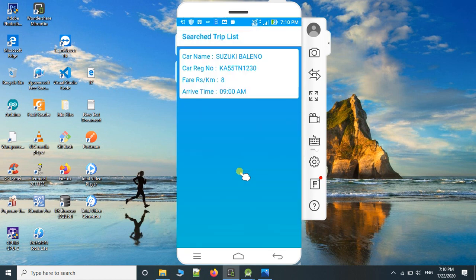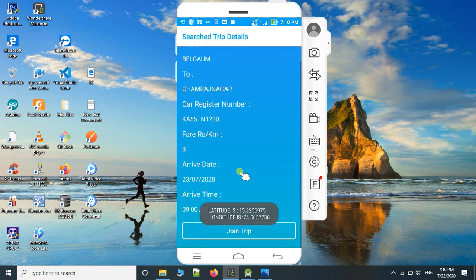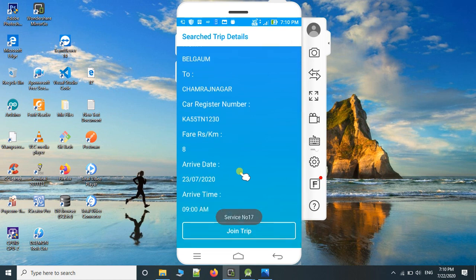So after clicking on the search button, here I am getting one new trip with the car name, car registration number, fare price, and the arrive time. After clicking on this item, I'll get all the details about the trip with the fare price, arrive date and time, etc. So if now I want to join this trip, I'll click on this join trip button.